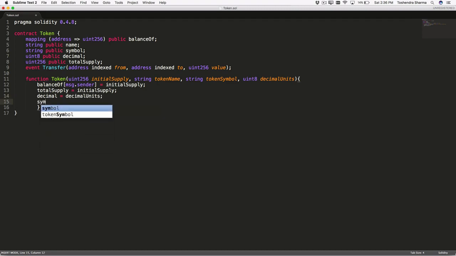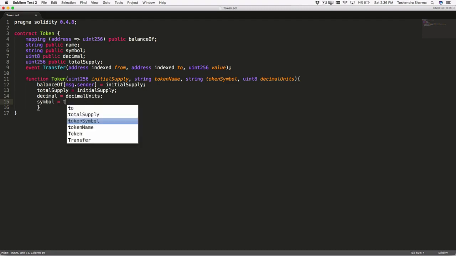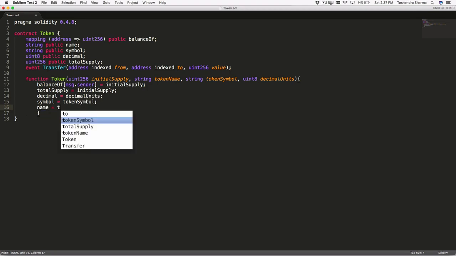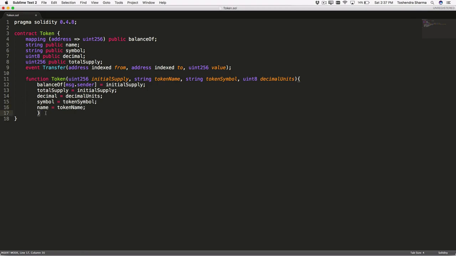And then symbol will contain the token symbol, and then name will contain the token name. That's it. So this is how we initialize the smart contract. So our smart contract has been initialized and the state variables are being initialized during the constructor.